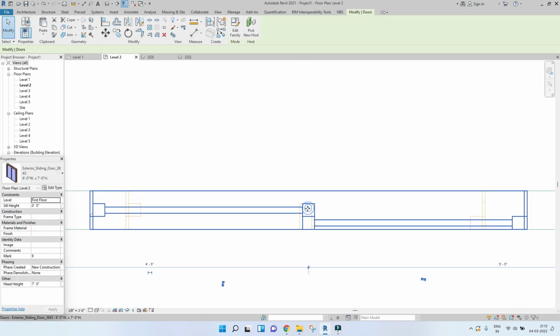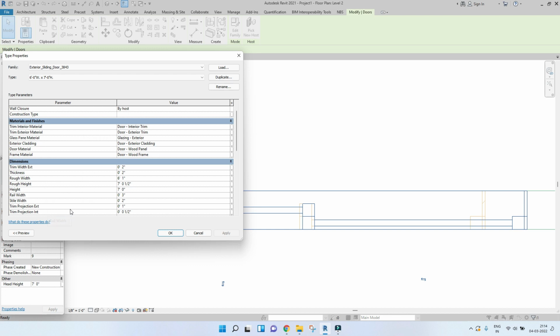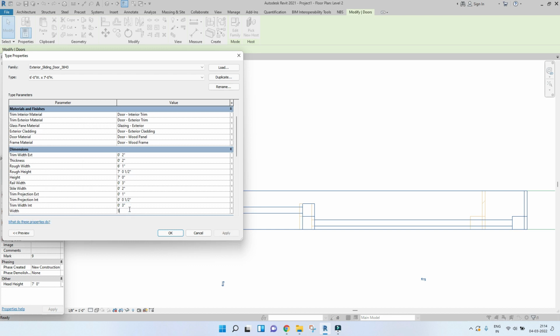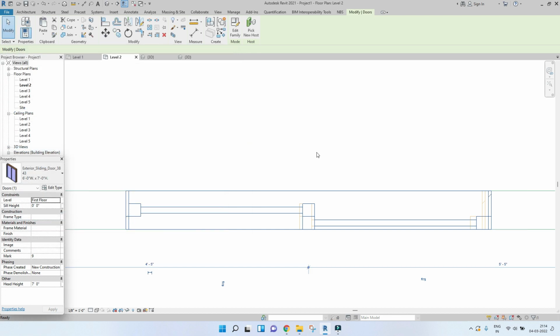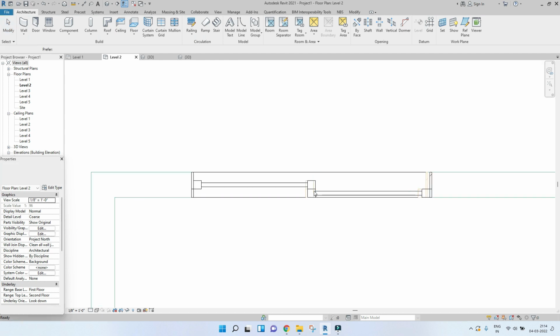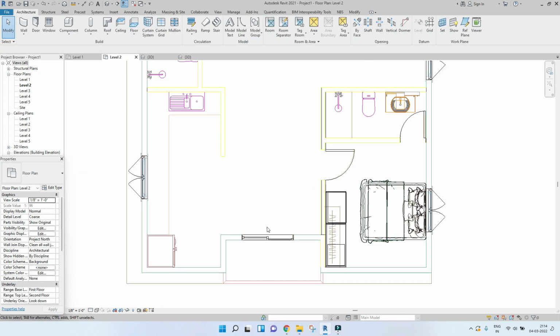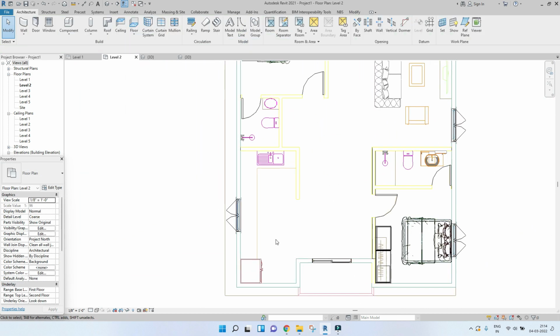The width of the door is 5. So let's change the width to 5. Alright. So once that is done, let's add